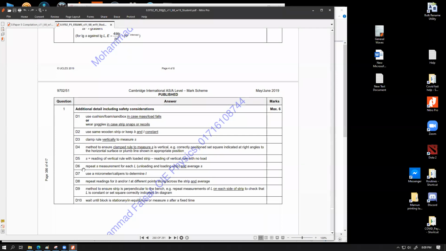Then if they find out that repeat S measurement for each L, unloading and loading step on average S, if they find it somewhere else, then they're gonna give you that D6. So then eventually they're gonna count all those marks that you have scored, and they will give you a total mark on 15. আচ্ছা স্যার।